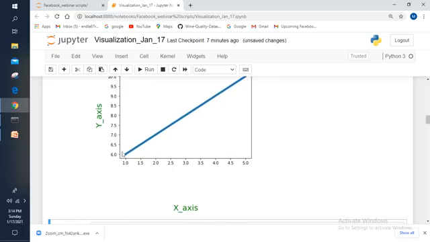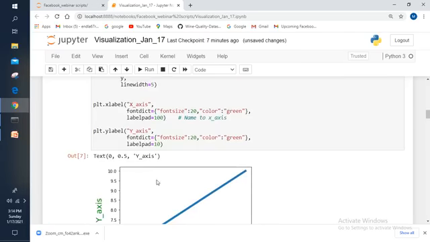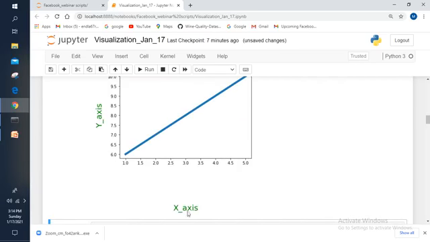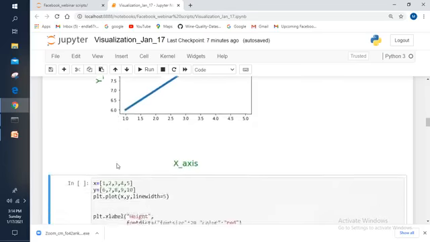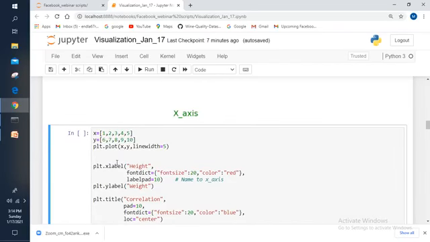Yes, I have given the name to the y-axis and the x-axis as well. Here in the xlabel, I have taken the labelpad as 100. So that is the reason it has taken a long distance from this text to this axis, right? Whatever parameters you apply, the same parameters you can apply to the ylabel as well. That is your wish. Now let me show you all the things together: the title function, the xlabel function, and the ylabel function.